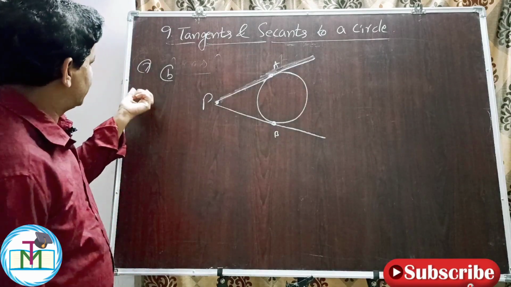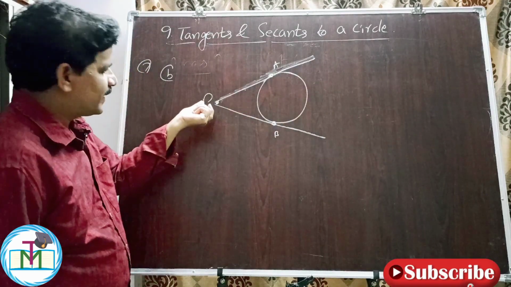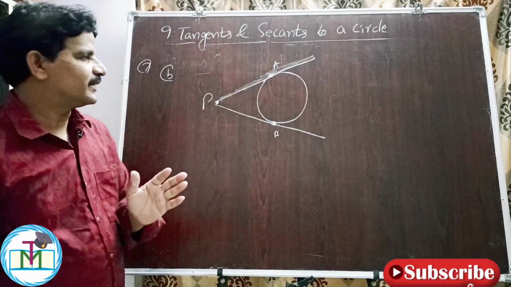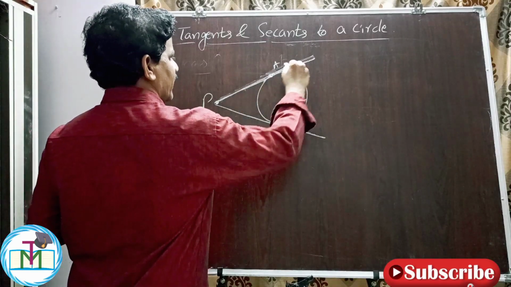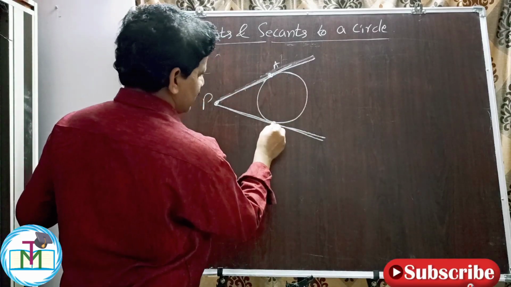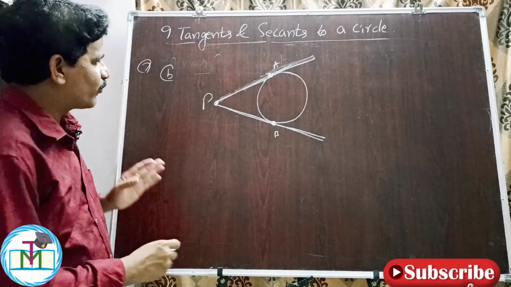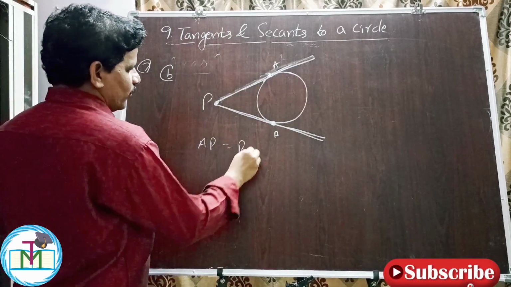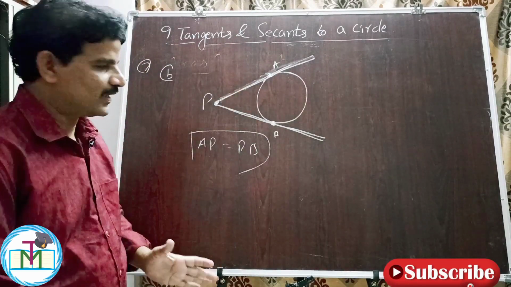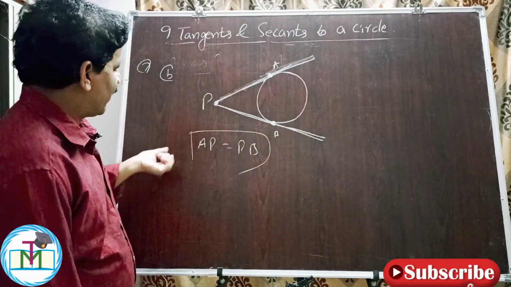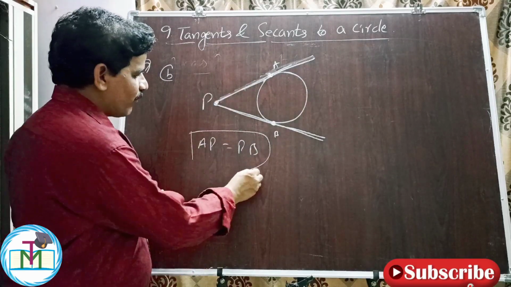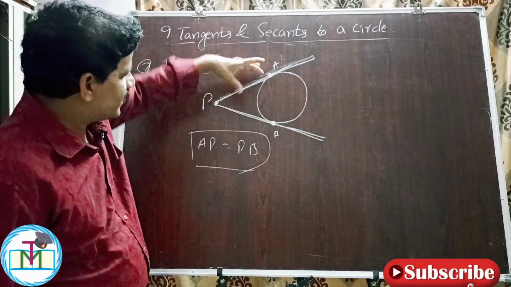One more bit in seventh point. So there is a circle, P is a point which is outside the circle. From P we can draw only two tangents. That is what? To the top I can draw a tangent, it touches the circle at A. From the point P I can draw a tangent to the bottom of the circle, it touches the circle at B. So therefore the length of AP is equal to length of PB. In polyset sometimes this question is asked: whenever from an external point two tangents are drawn, what about their lengths? Their lengths are equal. AP is equal to PB.